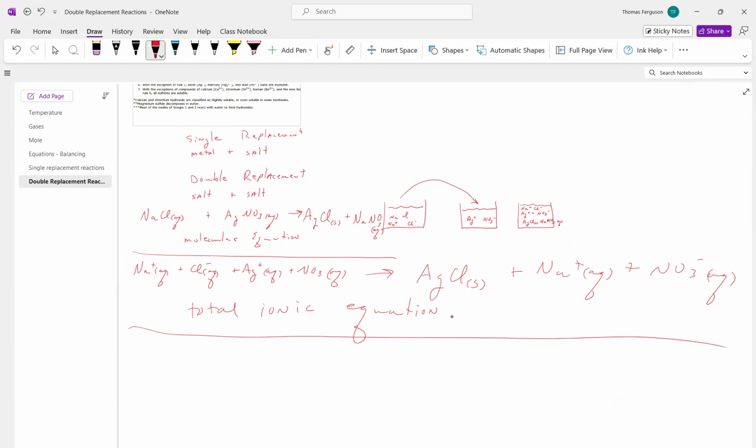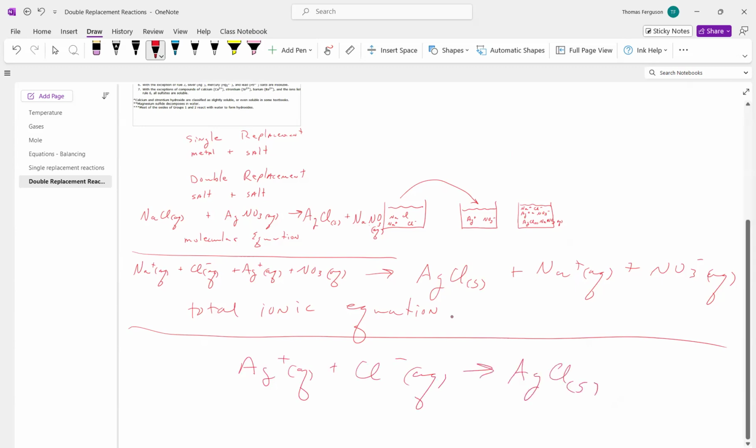That's spectator ion. Sodium. Two spectator ions. Okay, so eliminating the spectator ions, we have, so that's the net